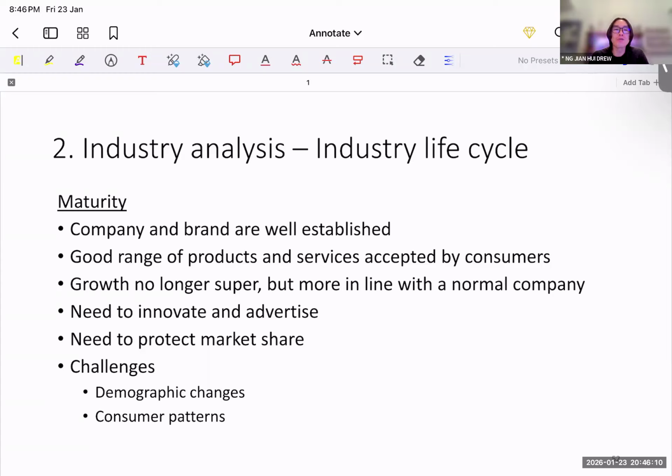They are not in the growth stage, but they do need to innovate because their market share is being challenged by new entrants. But at the same time, they just have to protect their loyal customers, maybe venture into new markets like in Australia. I think they acquired Optus a couple of years ago. They're trying to capitalize on the growth in Australia. So identifying which industry life cycle the chosen company is in would be important to find out where they are or where they will progress further.